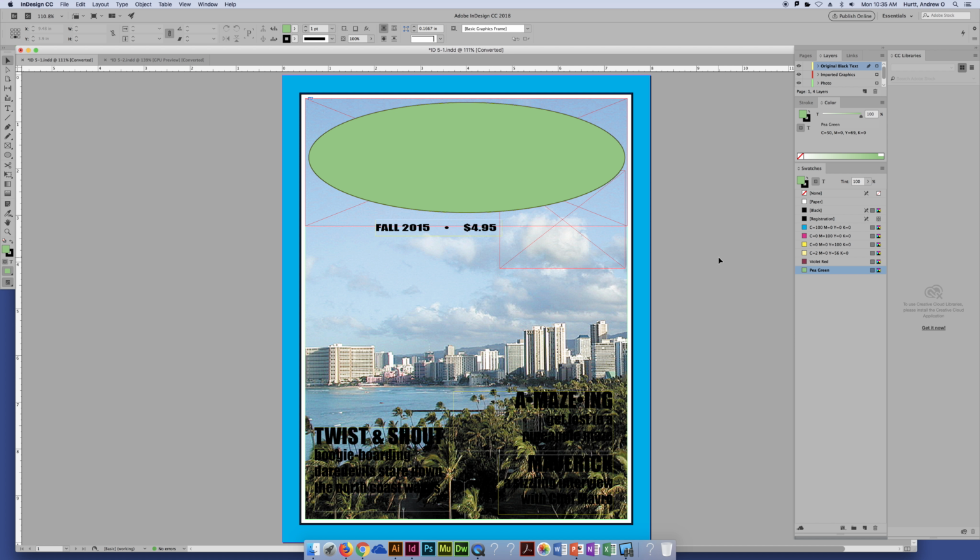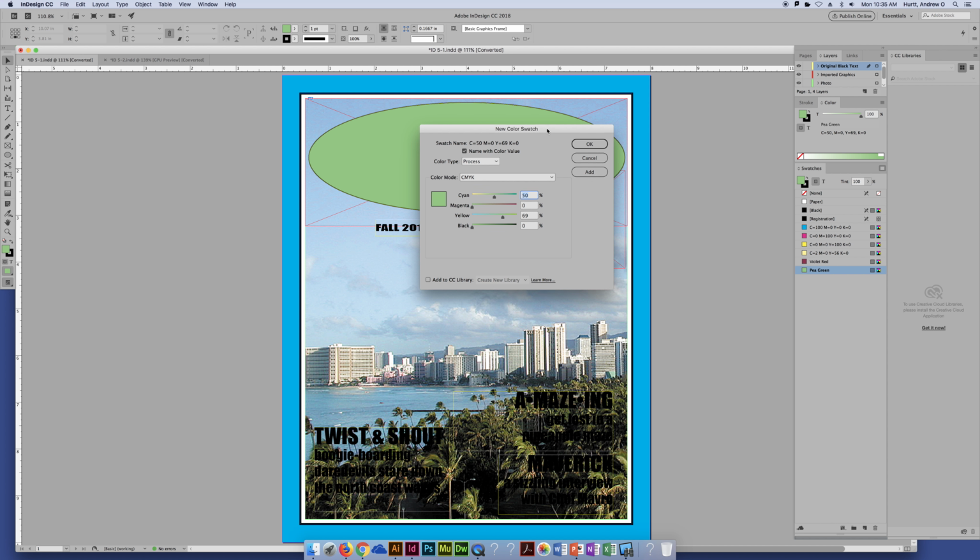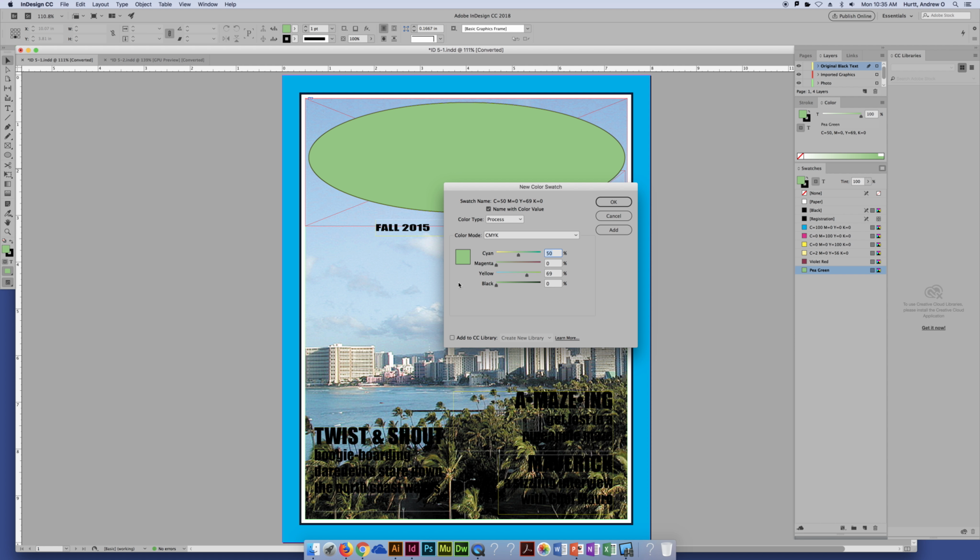So now this is a named color. It's no longer an unnamed color because we just saved it. To recap, there's a couple different ways to create and save colors. You can mix it within the object and then save it later, or you can start just by using a new color swatch, and then again it defaults to whatever the last one you used,